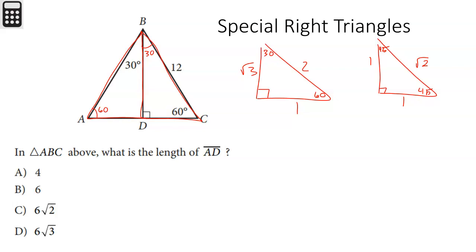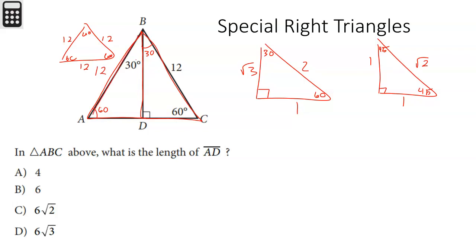One is that because this is 30, 60, 90, these are 30, we have an equilateral triangle, 60, 60, 60. Since we have an equilateral triangle, that means that all side lengths are the same. Okay? Second thing that we can look at is knowing that this is a side length 12,